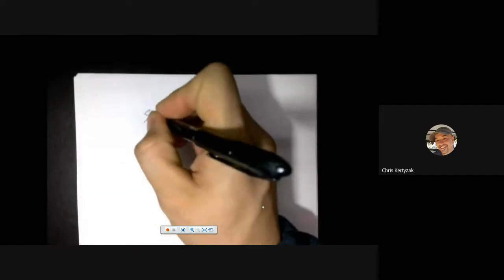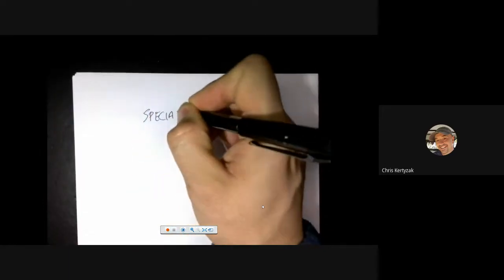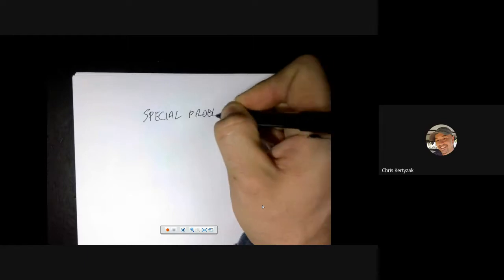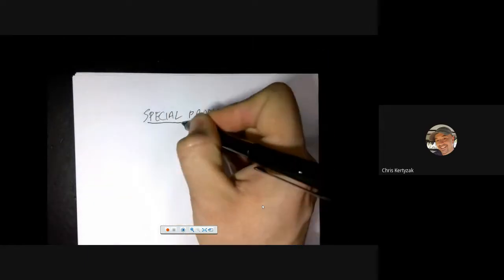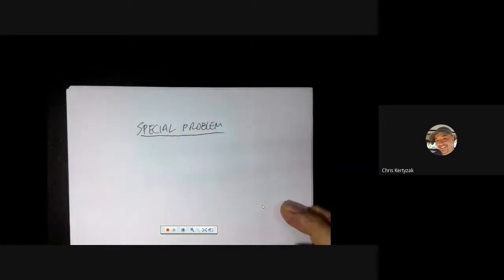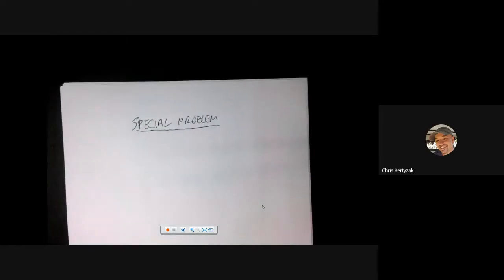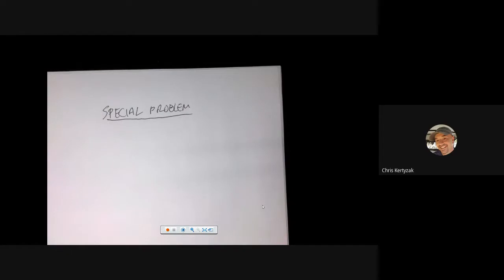Here's a special problem that uses what I've just taught you about. Before I give you the special problem, I will tell you how to experimentally determine the coefficient of friction,